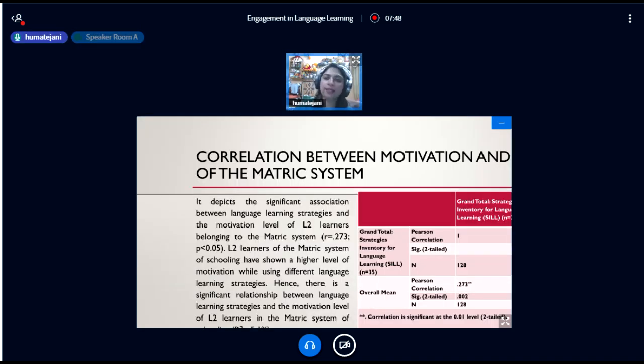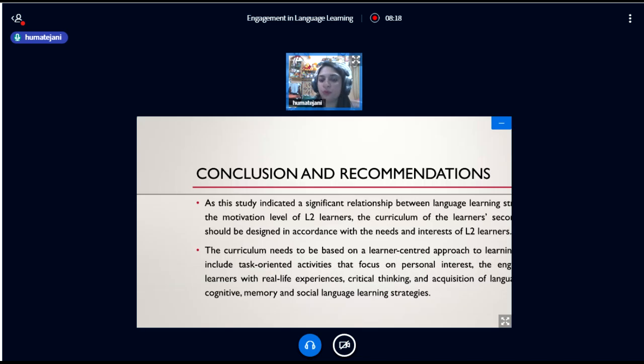However, the last hypothesis suggested a significant association between language learning strategies and the motivation level of L2 learners belonging to the Matric system, which suggests that the students of the Matric system are motivated and their motivation is associated with the kind of language strategies they use to learn their language, which is really surprising and was